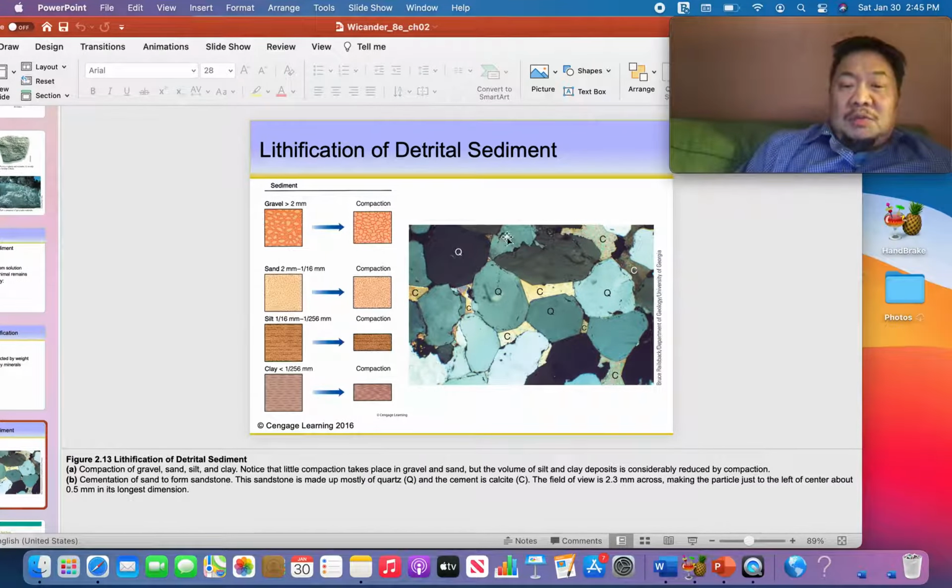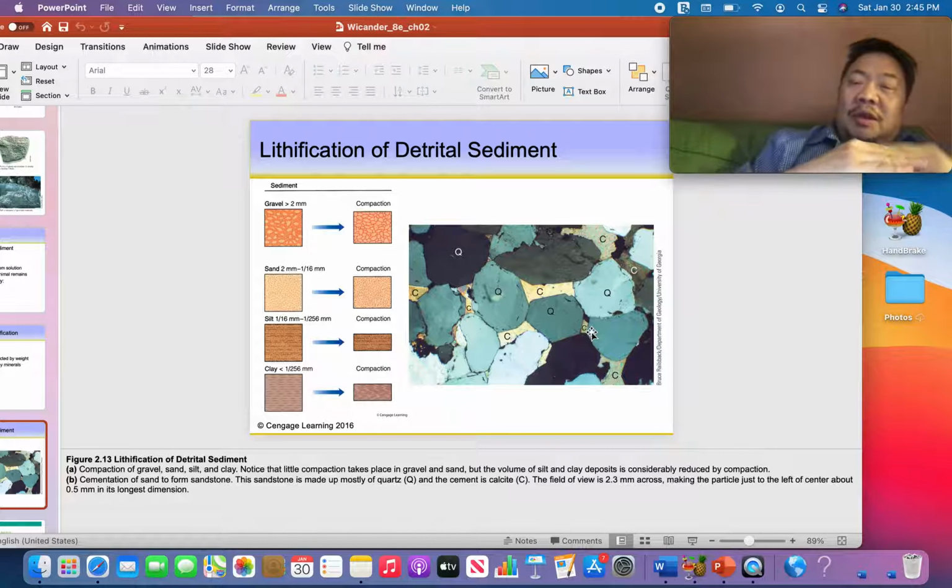So this is what a quartz sandstone looks like under a microscope, and you can see the Q's here represent quartz, and the yellows are calcite. So the quartz grains here are cemented together by this calcite cement, and that occurs underground as the sand is deposited, and more layers are deposited on top of those sand beds, so that sand bed is deep underground under the water table, and then calcite will crystallize out and cement these sand grains together